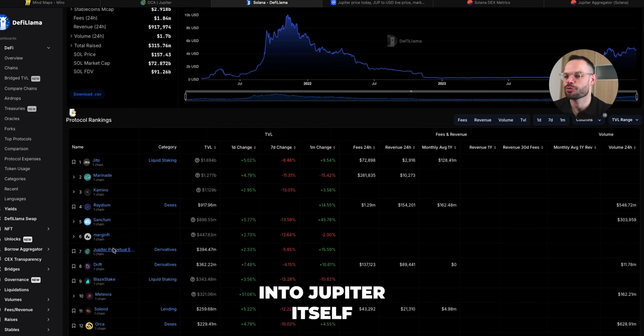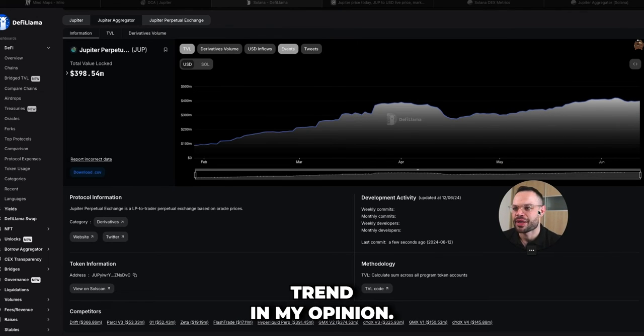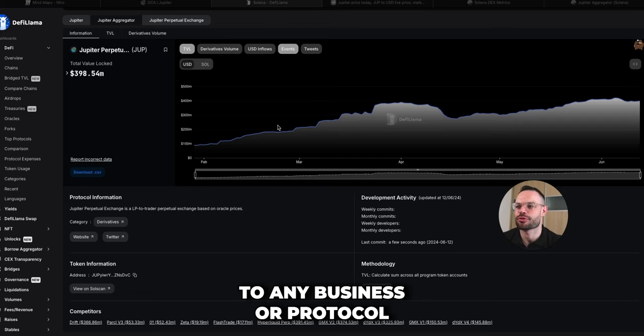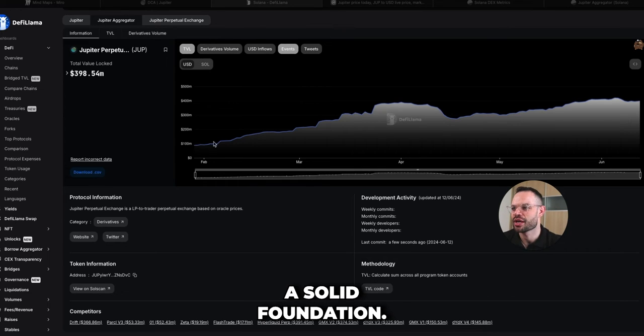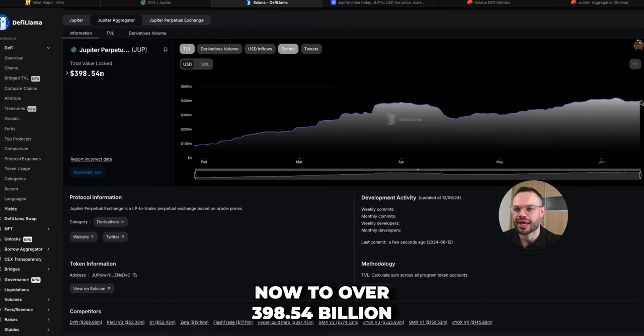So if we click into Jupiter itself, what we can see here is a pretty promising trend, in my opinion. It's not too drastic, and Jupiter is quite new, given that it only launched at the end of January, start of February 2024. But what this chart is painting the picture of is basically steady growth. And I think steady growth is important when it comes to DeFi. It's important when it comes to any business or protocol trying to set a solid foundation. And we've seen steady growth all the way from about 87 million in TVL going all the way up now to over